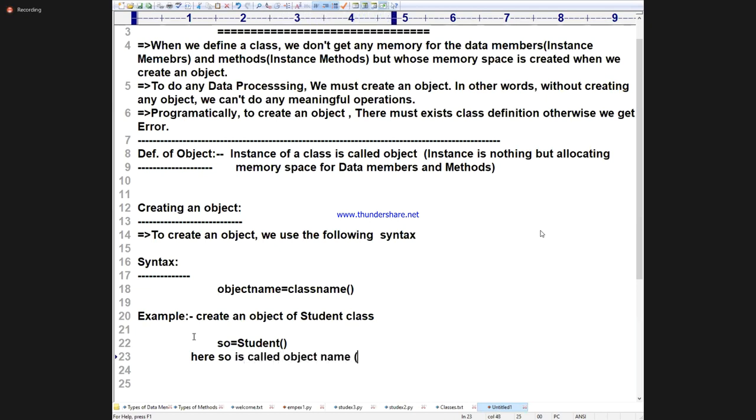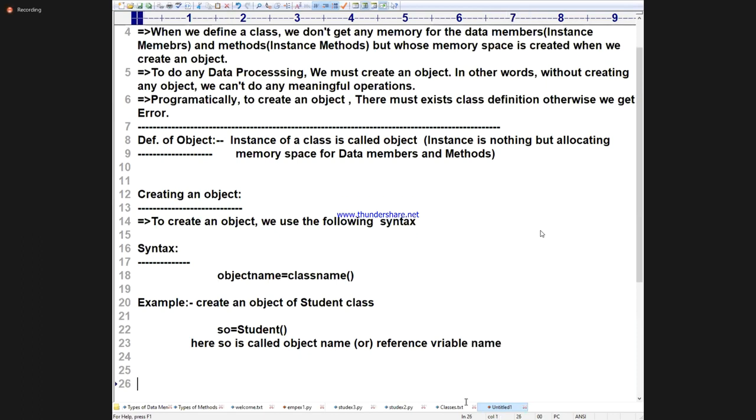Some people can also call it the reference variable name, because it contains the ID and all those things. Even in Java we will call it like that only.